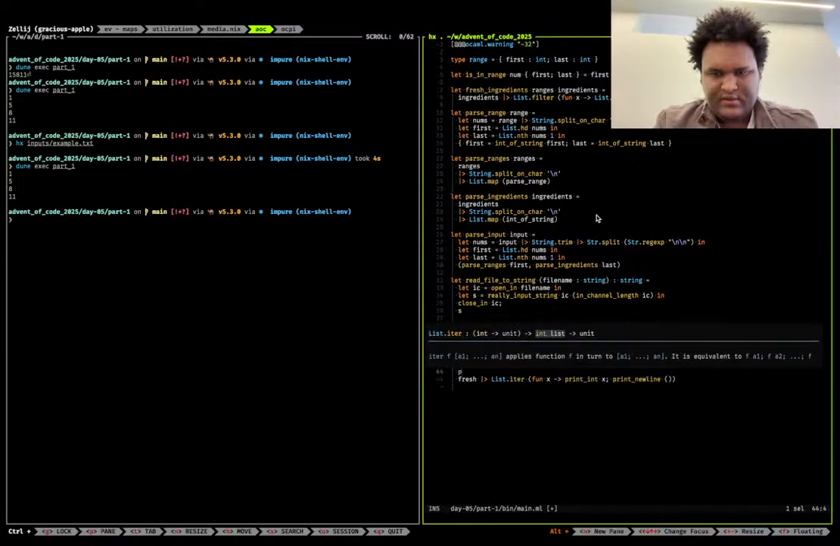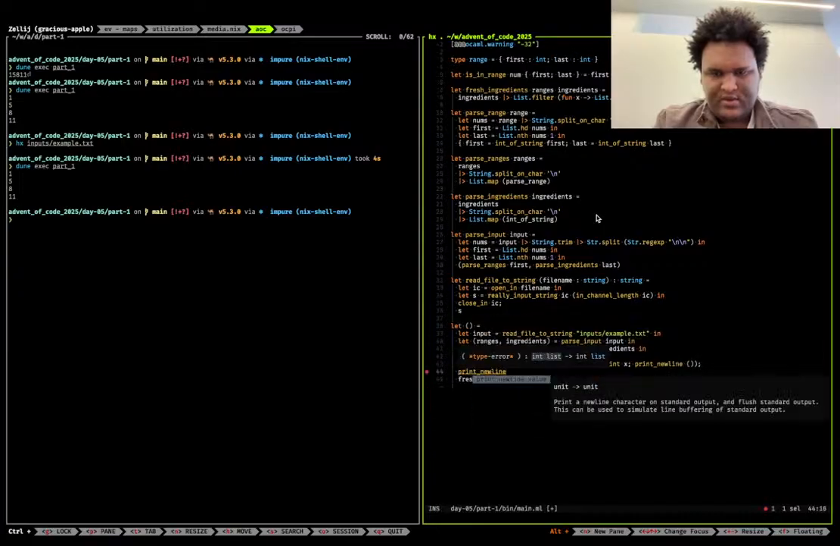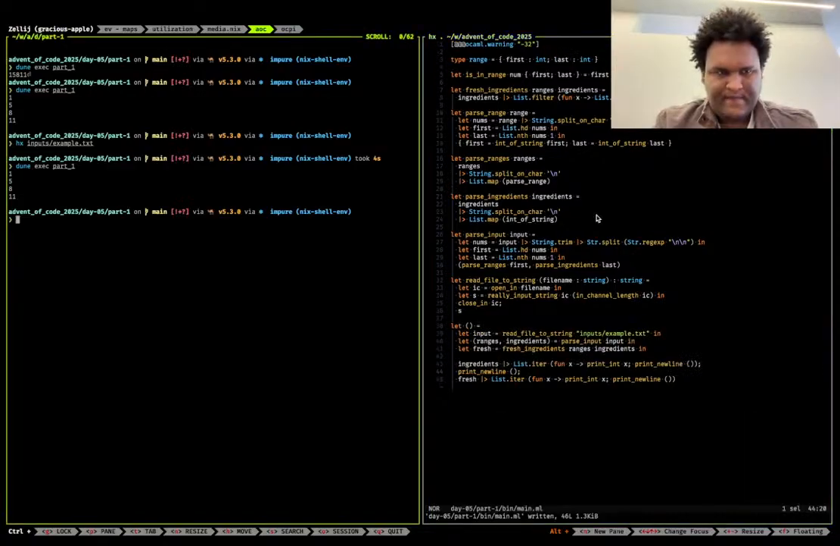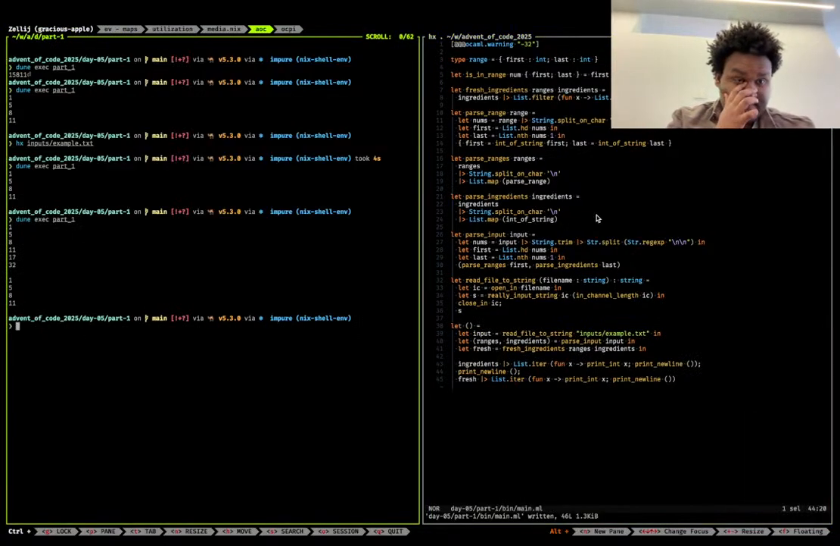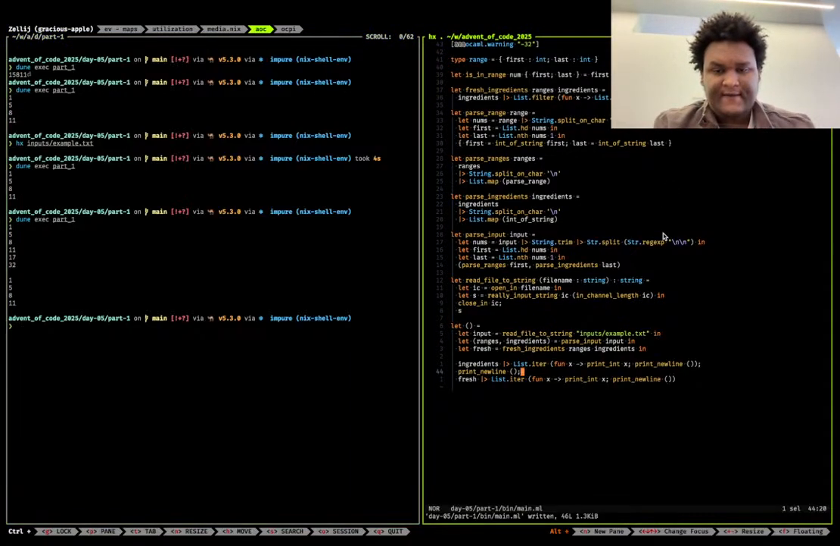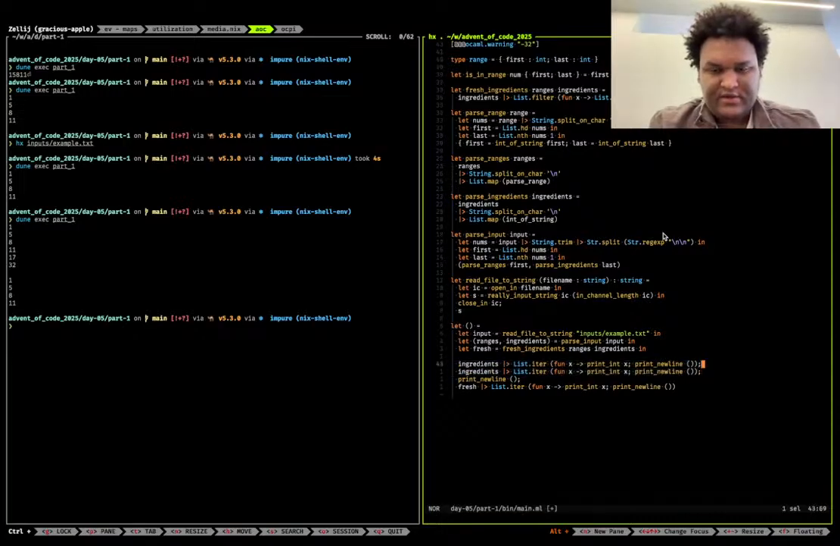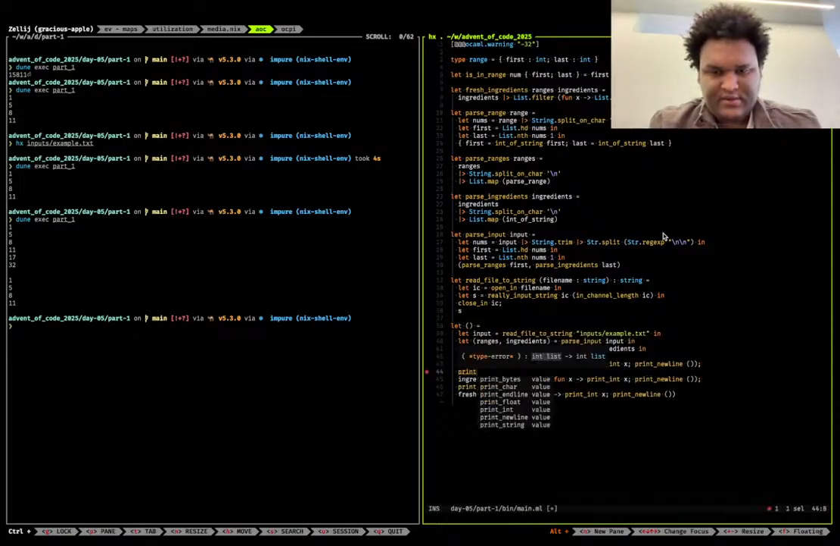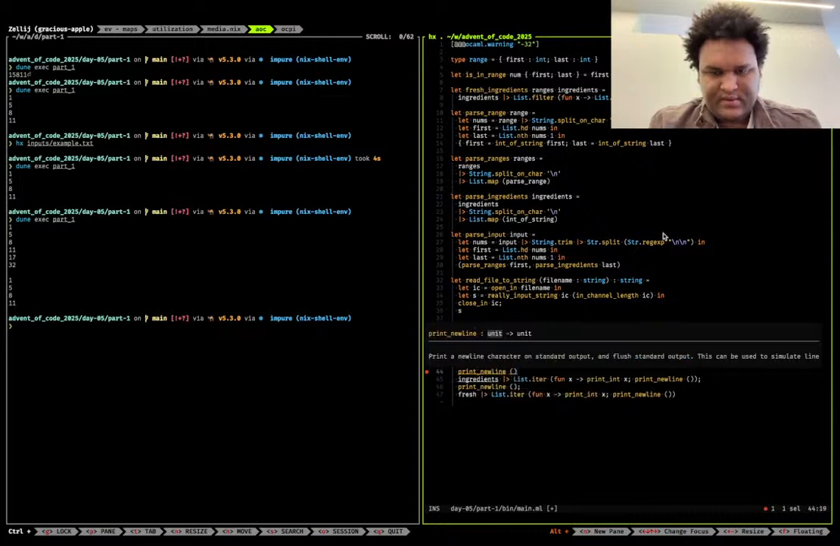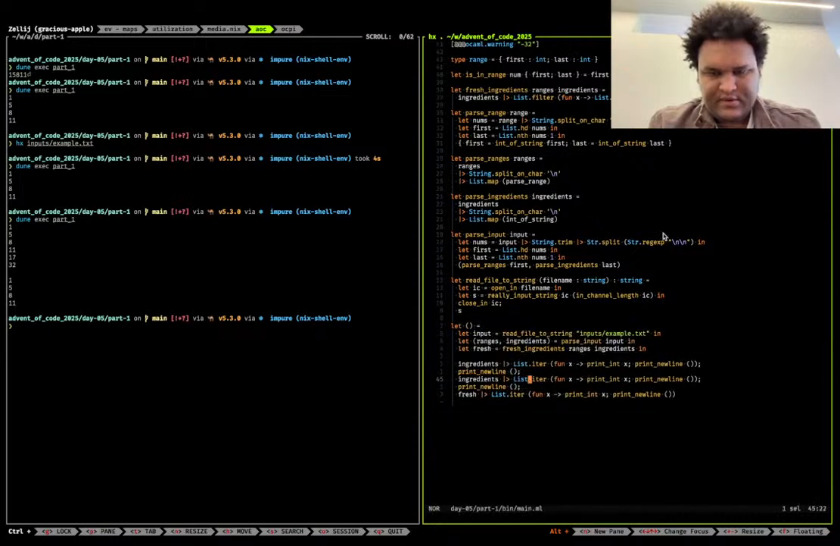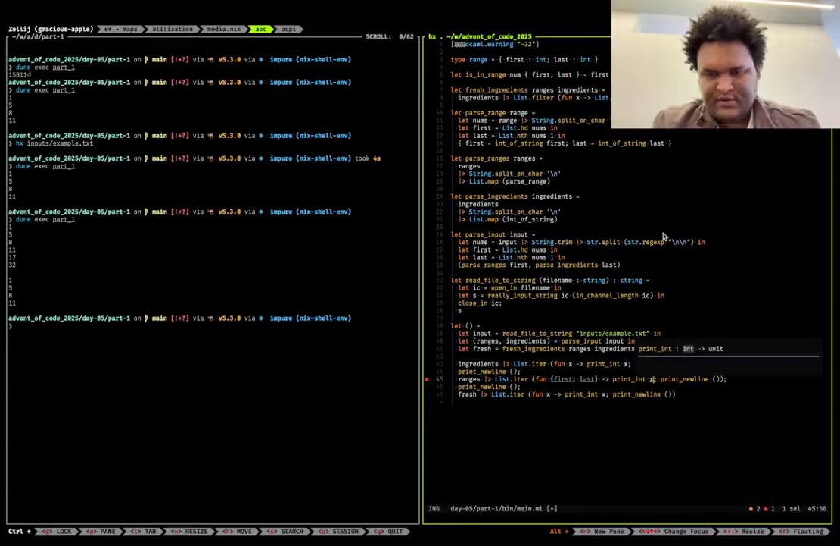and then print new line. So it is part of the ingredients, but let's look at the ranges also. Print new line, then let's look at the ranges for each one. Let's look at the first and last position, and then this is gonna be first,